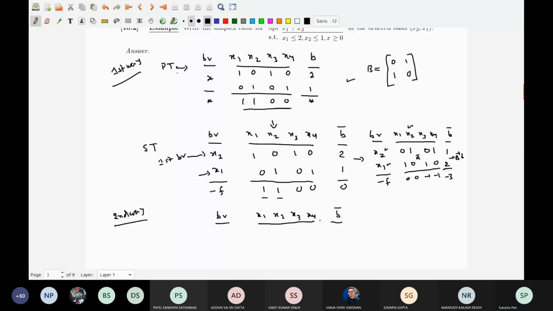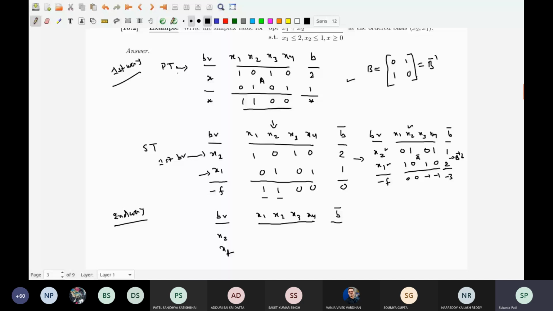And write the basic variables, x1. Next one is x1. And then you write B inverse A. Now what is A? This one is A. That is given in the problem table. Now what is B inverse? B inverse is B itself. If you take the inverse of B, B inverse is B itself. For this one, B inverse is B. A simple example has been taken here, so right now B inverse is B itself.